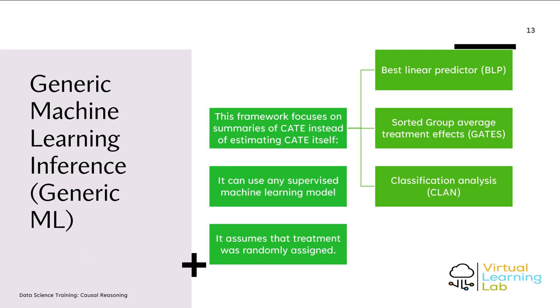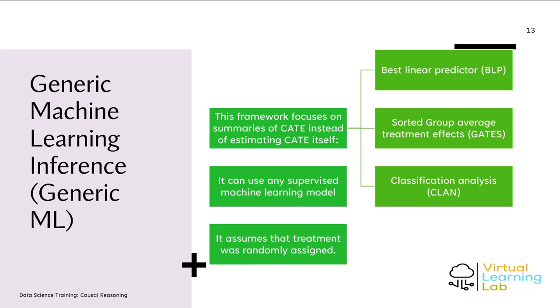A different approach is generic machine learning, also known as generic ML. This approach doesn't focus on estimating the conditional average treatment effect, but on estimating summaries of it: the best linear predictor, the sorted group average treatment effects (GATES), and a classification analysis (CLAN). It can be used with any supervised machine learning model,